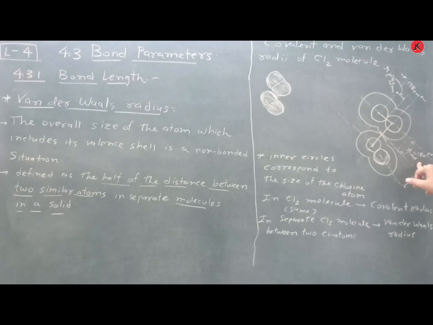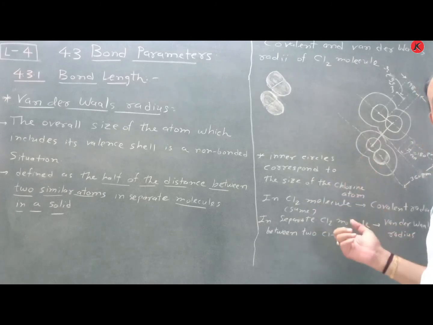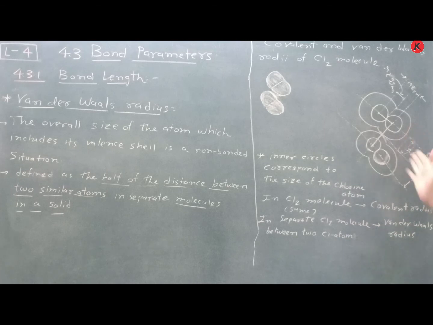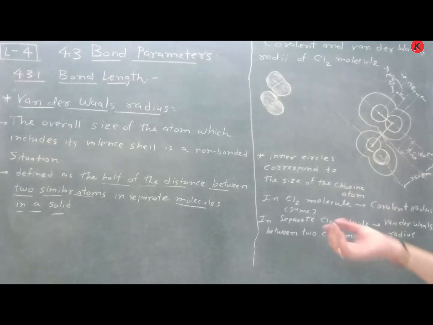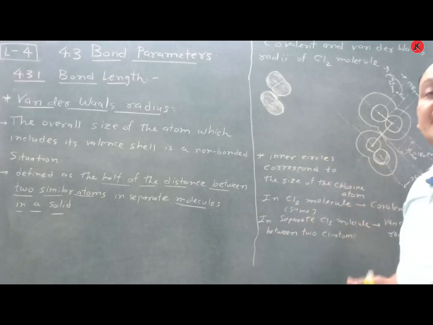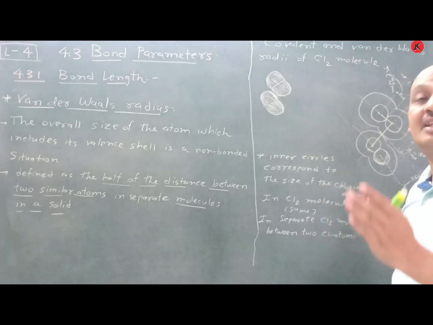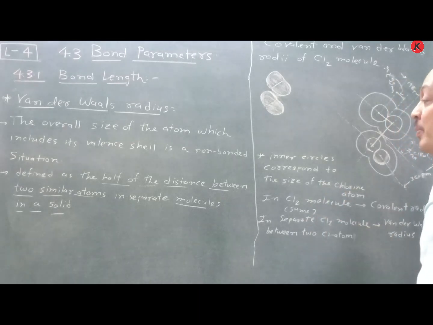180 picometer is more, and that's why we can say that van der Waals radius is more as compared to covalent radius. So remember this one. This is a very important part, and from that we can say that in your textbook a tabular form is given of average bond lengths between different atoms, such as oxygen and hydrogen, with single bond, double bond, and triple bond.